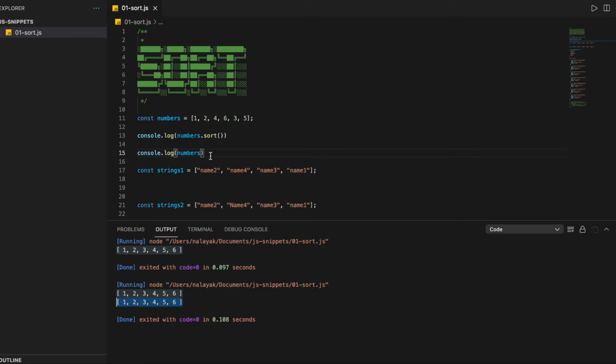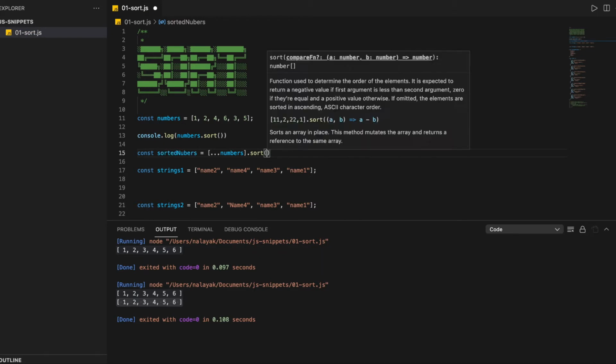So if you are working on something where you want to get the sorted value, but you don't want to modify the object, you basically clone the object before sorting. Doing that is also very simple. If you want to get a sorted array of the clone value, you can do something like this. So basically you can do a shallow copy of the array, and then after that you can apply the sort method.